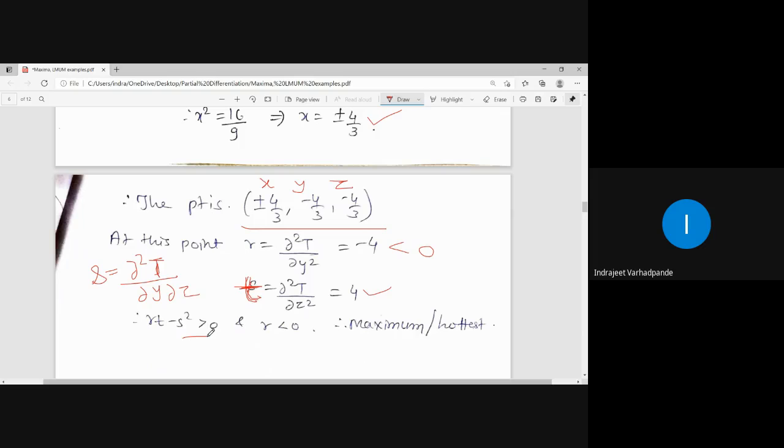See, in MCQ type of questions you won't be finding out whether maximum or minimum. Only the answer expected is the point or the coordinate. In the question itself they are mentioning to find the hottest point, so whatever comes out will be maximum only. Right? So there is no question about whether it is going to be maximum or minimum. It is going to be the maximum point on the surface. Our job is to find out the point or the coordinate, and that is what we are doing.